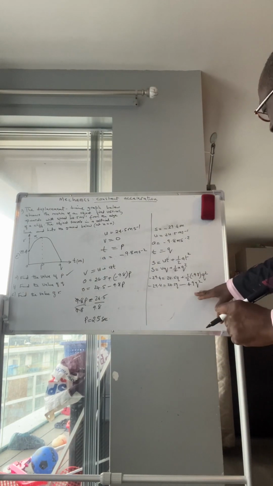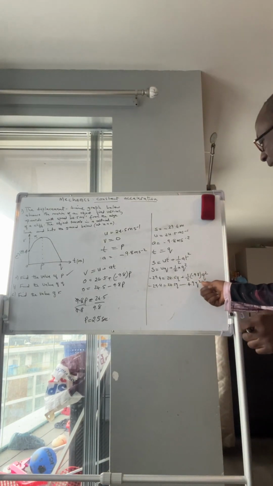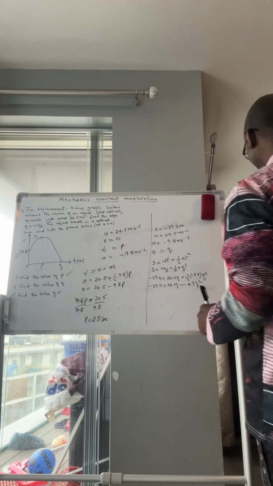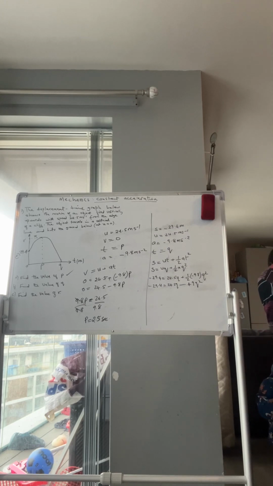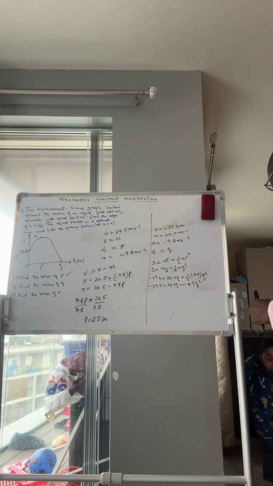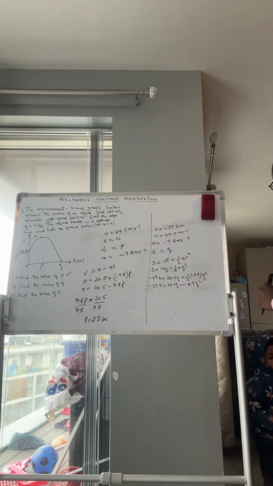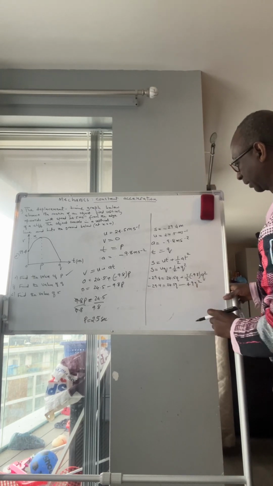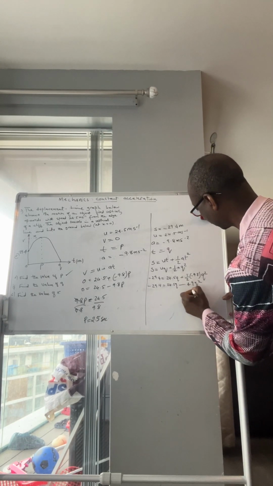So what do you see here? This is obviously a quadratic equation. Q squared, the power of 2 here, is a polynomial. The highest power of q is 2, so it's a quadratic equation. So we divide throughout by 4.9, so that we can get q squared here. If we divide throughout by 4.9, this is definitely going to be now q squared minus